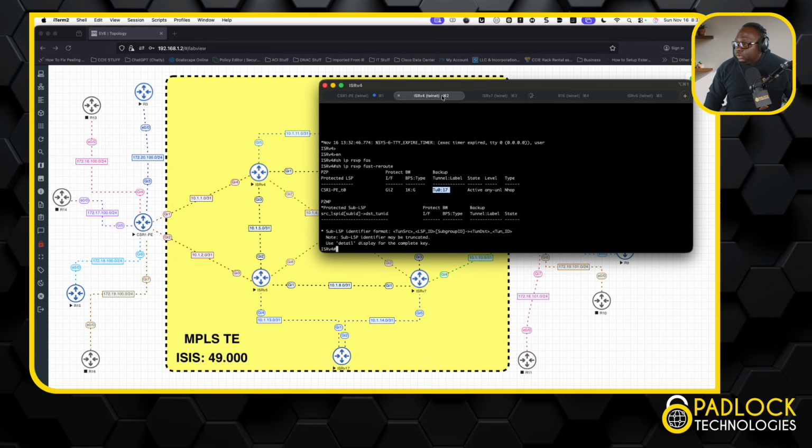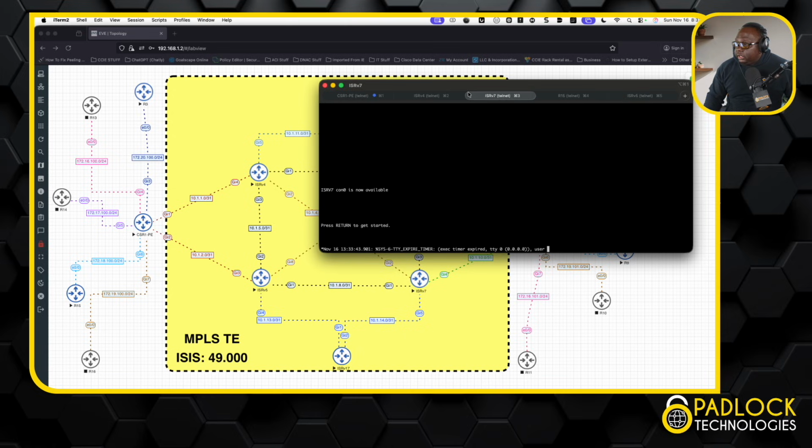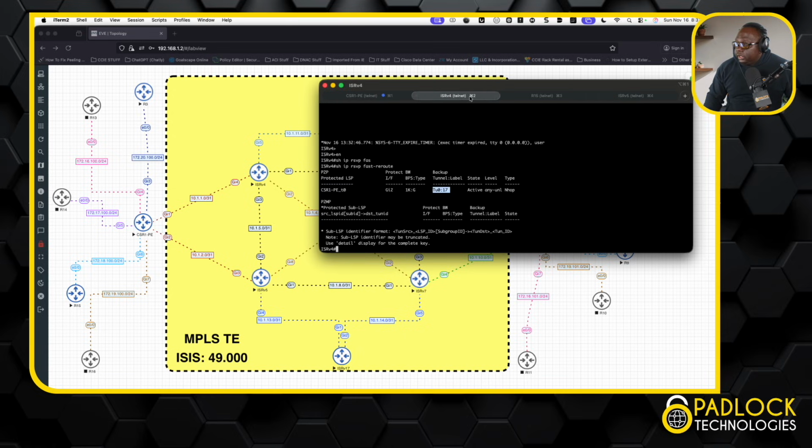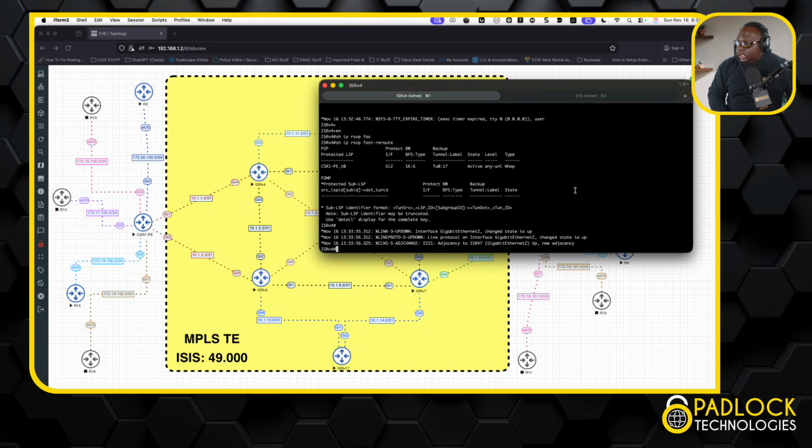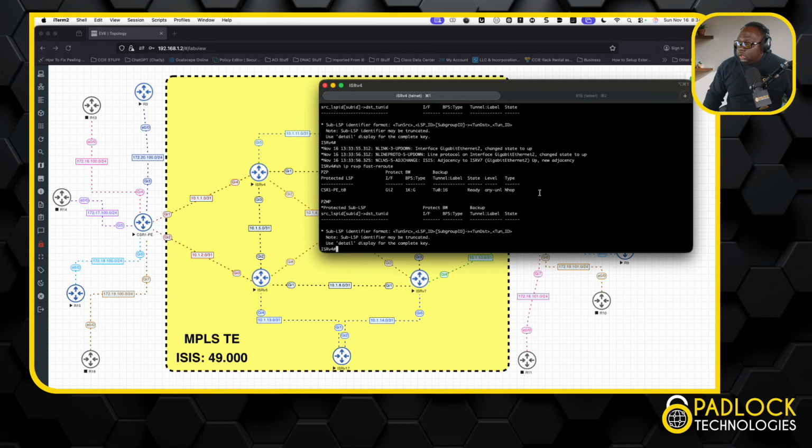And we'll wait for a couple seconds. Now I don't really care about router 7 anymore. We're going to wait a couple seconds. We don't care about router 5. We really don't care about router 1 anymore either. So now the adjacency is up, everything's good to go. Now the backup LSP should go back to backup or ready mode. As you can see, it's back to ready, but